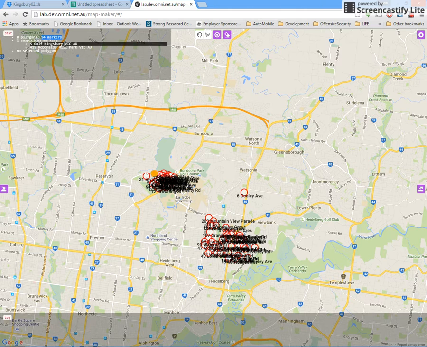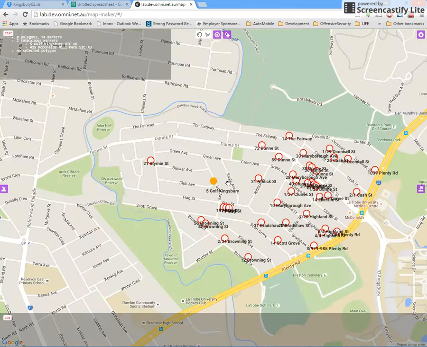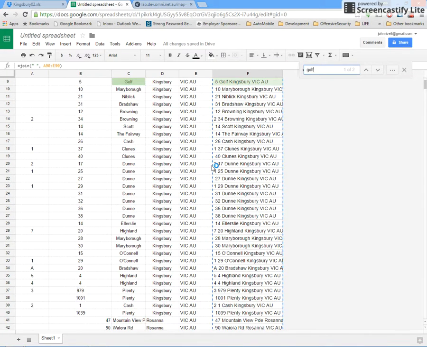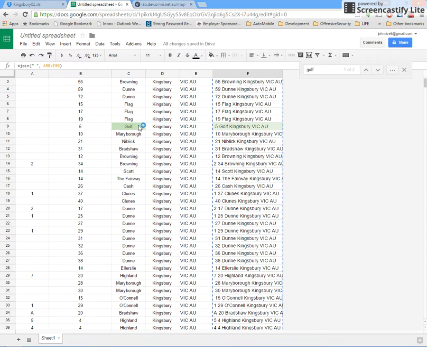But some addresses seem suspicious, so the color is different. Why is the Golf Kingsbury one suspicious? Our data just says Golf. It does not have a suffix.